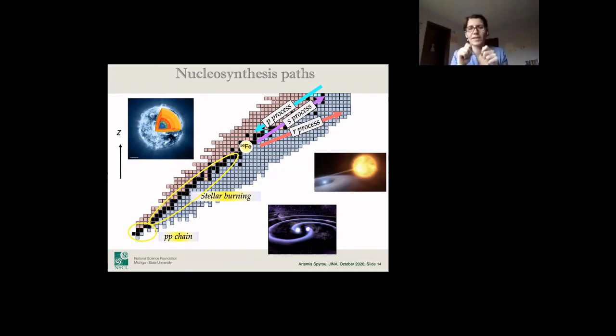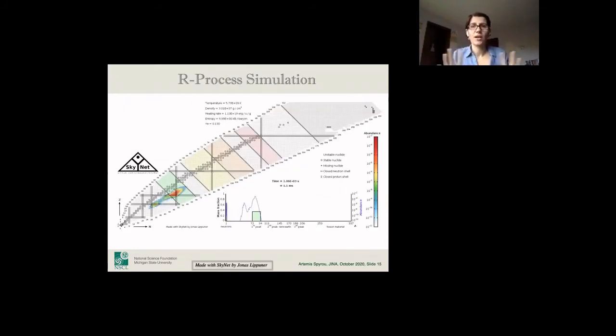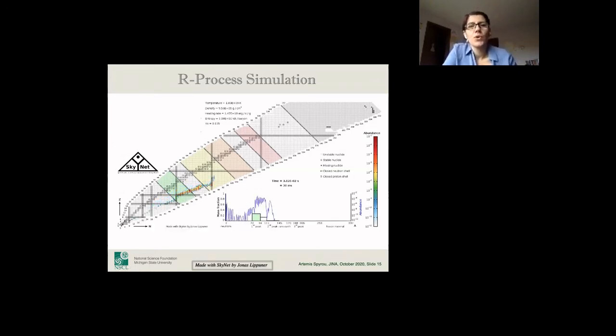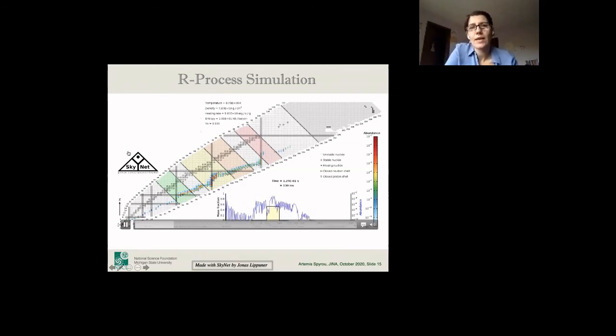Okay. So this is all very qualitative, with the little balls for neutrons and protons trying to build the different reactions. In reality, once you get into these processes, things are very complicated, and you need to use simulations, very fast processors, you need supercomputers to actually try to simulate what's going on in the star and see what kind of nuclei are important, what they're doing. So one example is this simulation here. That is done by Jonas Lippuner, who here simulates what we called in the previous slide the r-process.